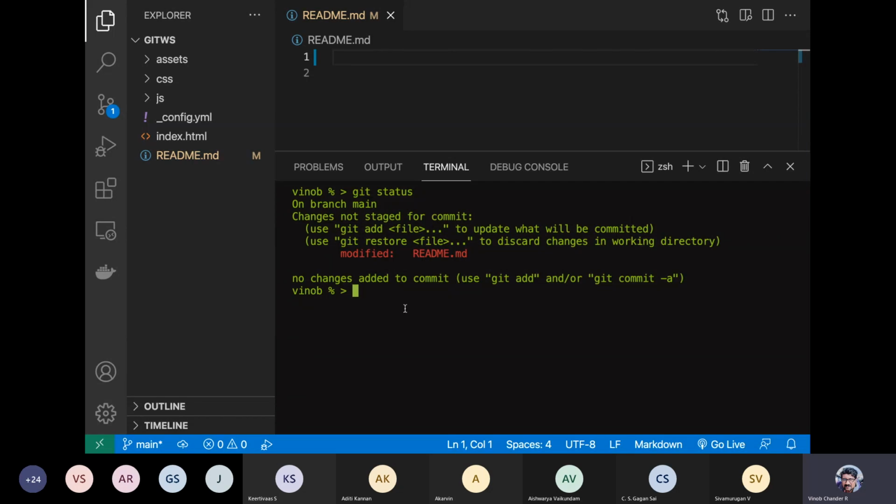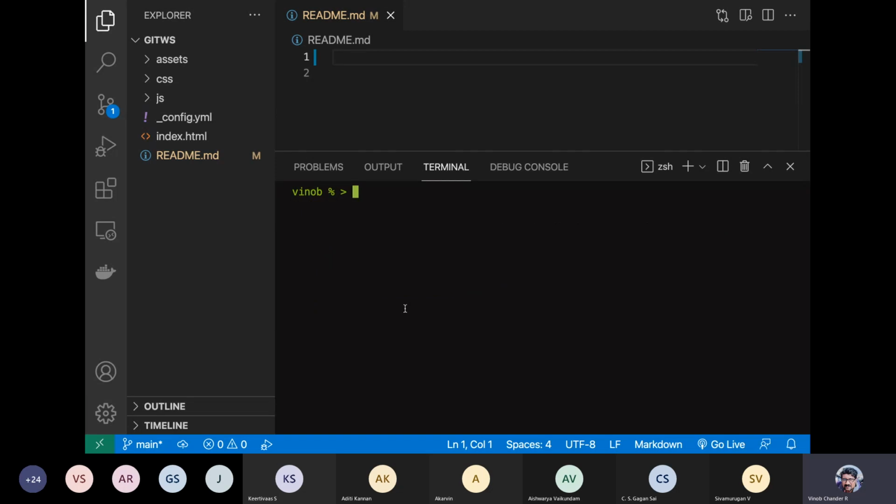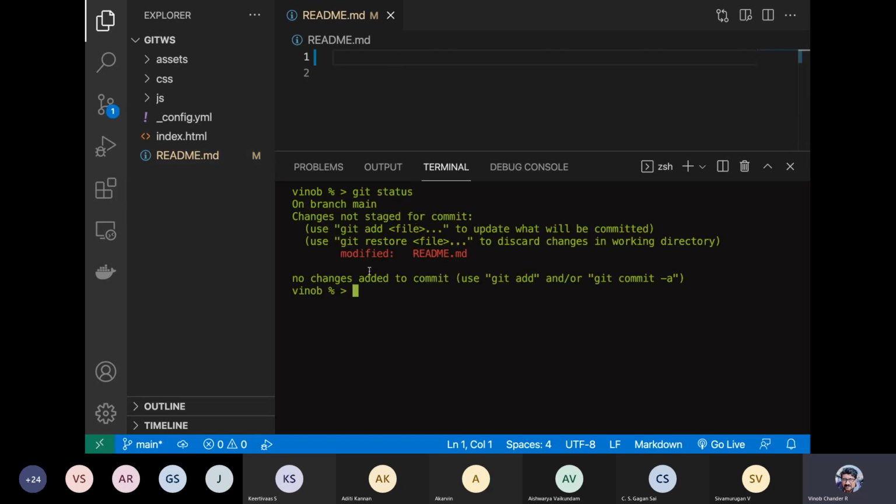Let me first of all show you this part. From here, if you just do git restore, you can specify the file name or you can specify dot. I just do a dot here. See, this comes back. So that is restoring. Now say I delete this, I save this again. This has been modified. So if I do a git status, it has been modified. Now if I do a git add and add things to the staging, but I have not yet committed now.